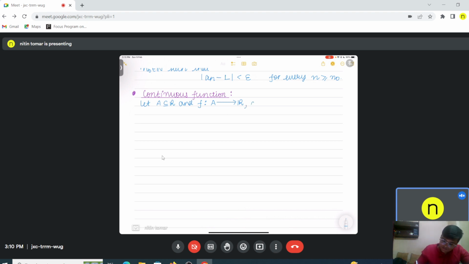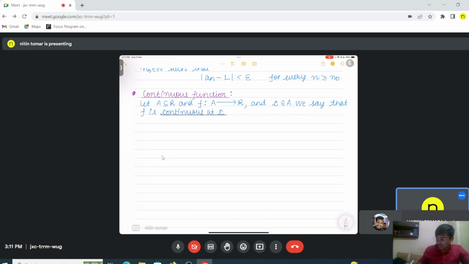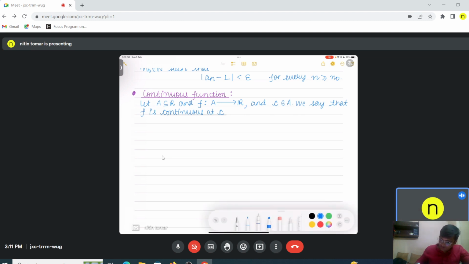That is, the image set of f is a subset of real numbers, and c belongs to A, and we say that f is continuous at c